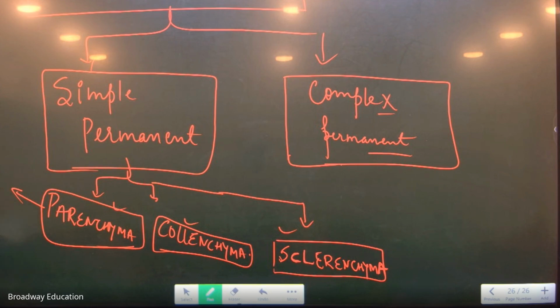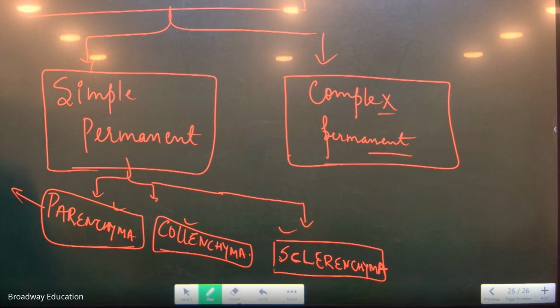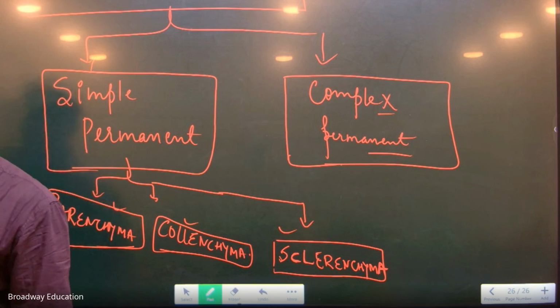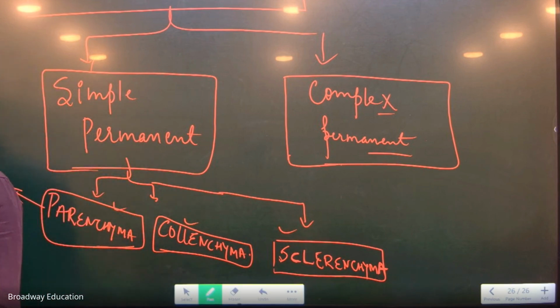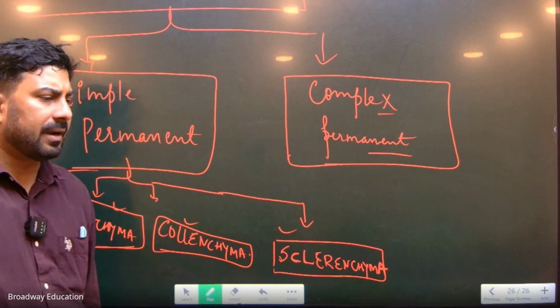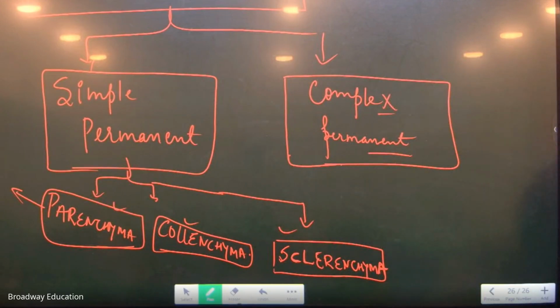Parenchyma tissues. These are responsible for packaging and storing of the prepared food. Second, storing food, prepared food, packaging and storing of the prepared food. After this, you can write